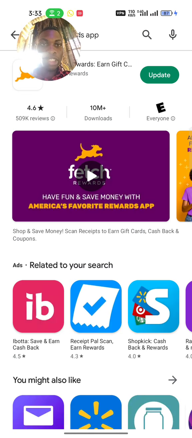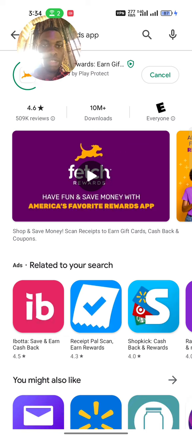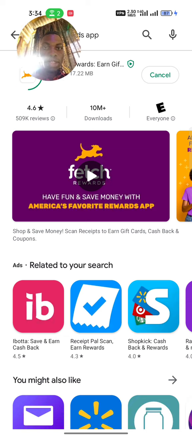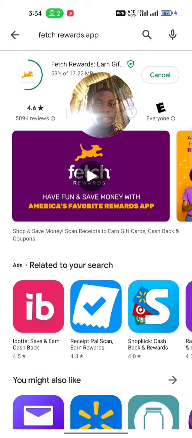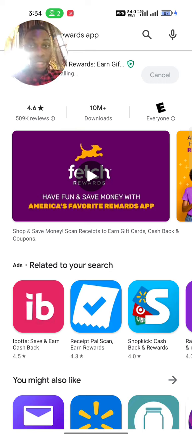I have the app already on my phone, so I can update it. Let me just update the app, since I'm on VPN. We have 10 million downloads already, as you can see. So it's installing already. Once we are done with the app update,